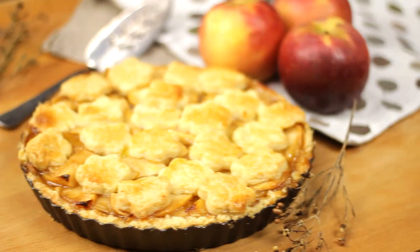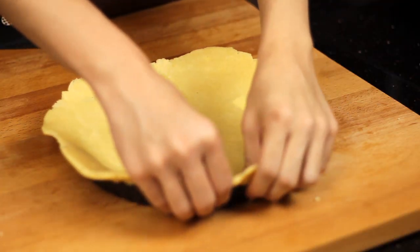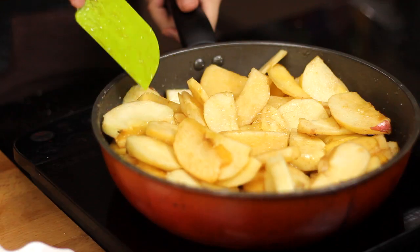Today on ZaTaYaYummy, I'm going to show you how to make my apple pie. The way I make my apple pie is a little bit different from others. I like to use a tart pan instead as I feel that it's more elegant. And also I like to pre-cook my apple first before I actually bake it because the flavor is so much